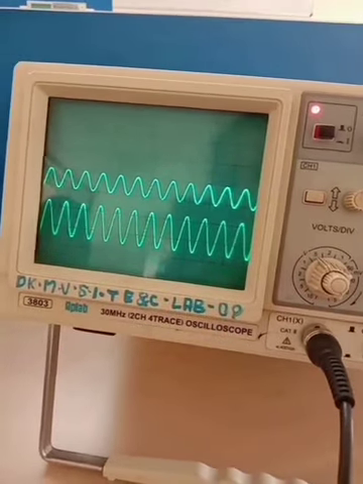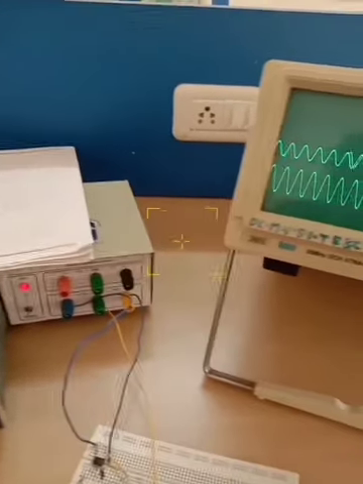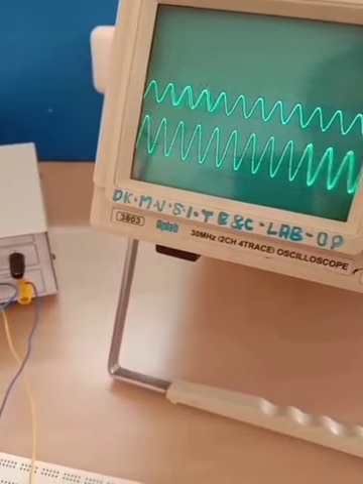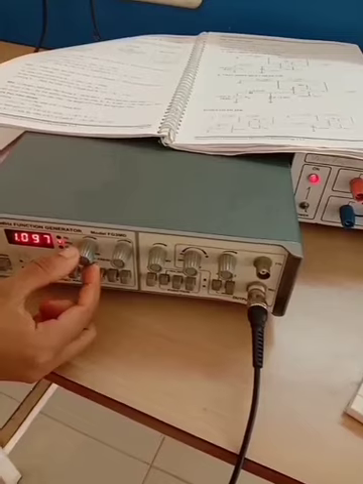The experiment is to vary the frequency value and note down the output voltage. Based on that you have to plot the graph. So let us vary the frequency.